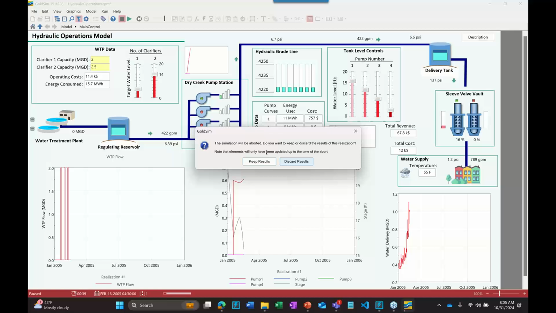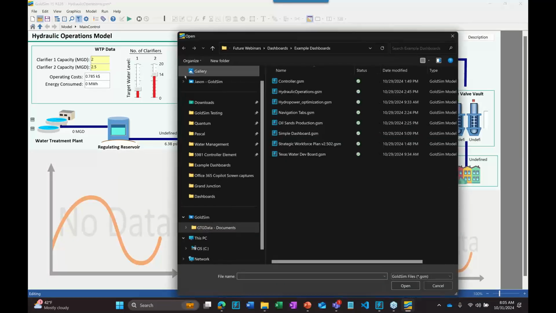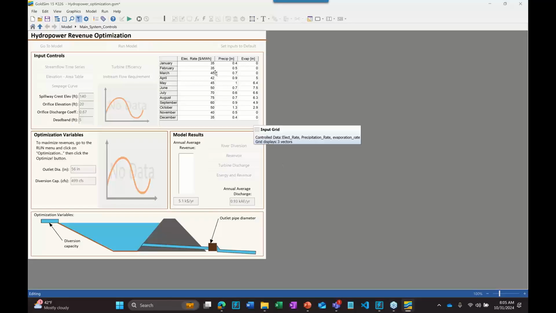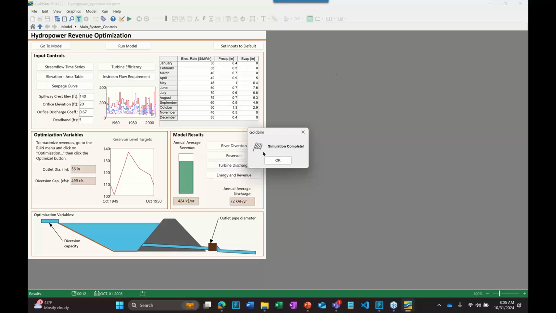So I'll just flip through some of these. The reason I wanted to show you this model is because it's got a lot of things crammed into it. We don't need slow motion anymore, so let me speed it up. I just wanted to mention how long the simulation takes to run while you're looking at the dashboard, and that when you leave the dashboard